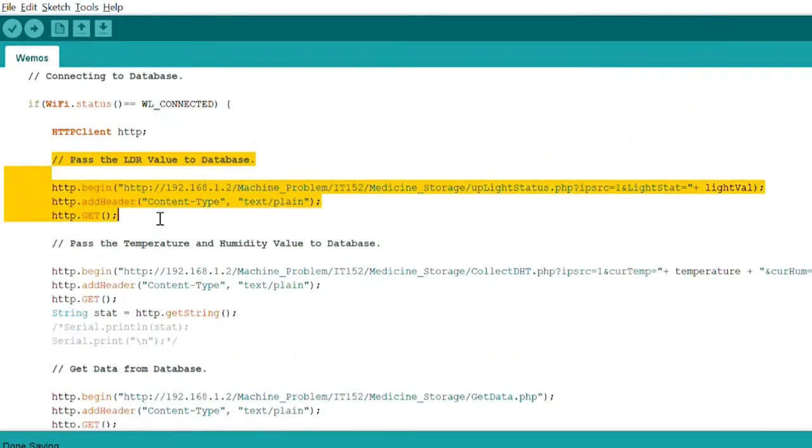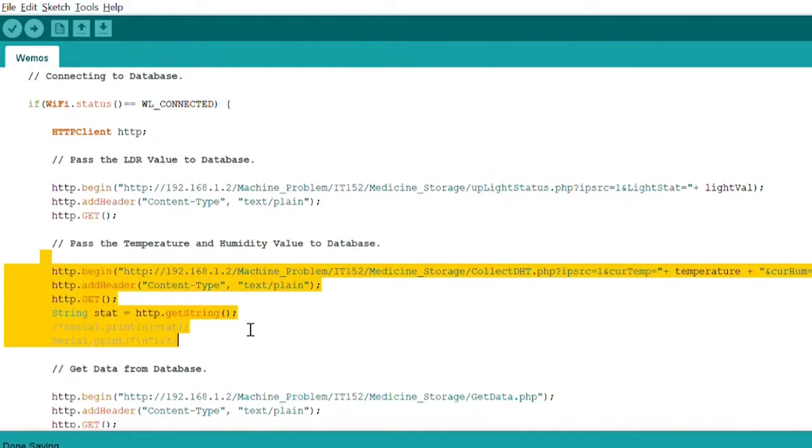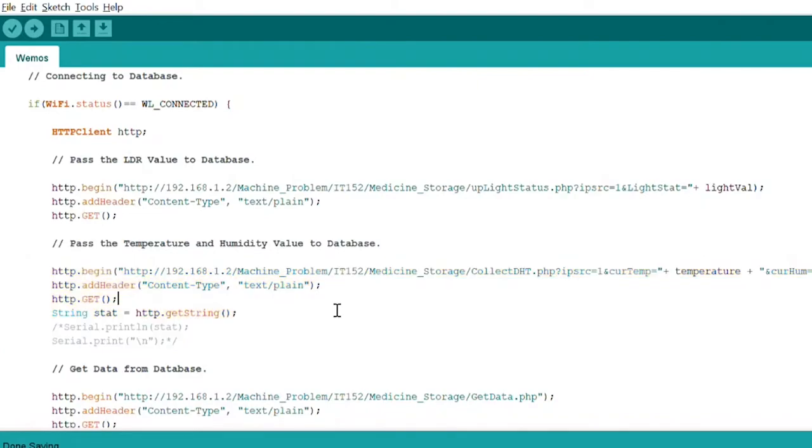This part of code will pass the value stored in the lightval variable to the database through the code written in applightstatus.php. And then dito naman, it will pass the value stored in the temperature and humidity variables through the code written in